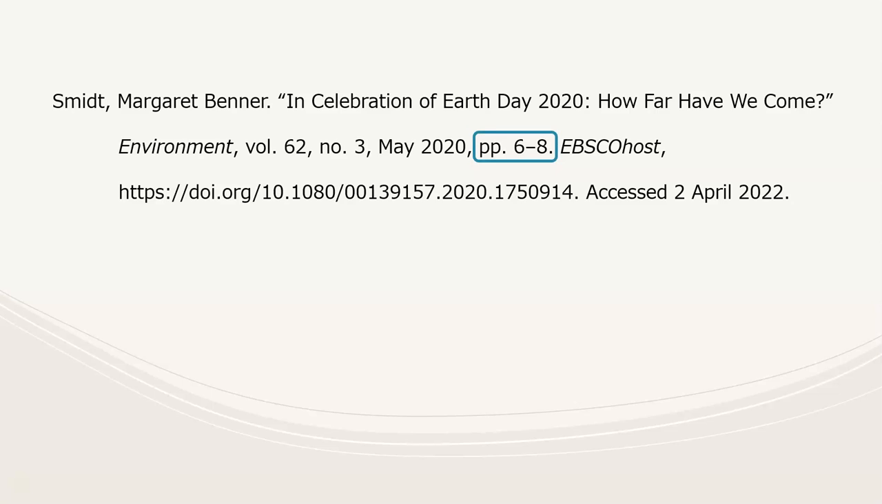The next element is the page number or numbers. Depending on the paging you use, a P period for a single page or PP period for multiple pages. Then a period at the end of the page numbers. Now, we still need to indicate the database that the article came from, and I found this one in an